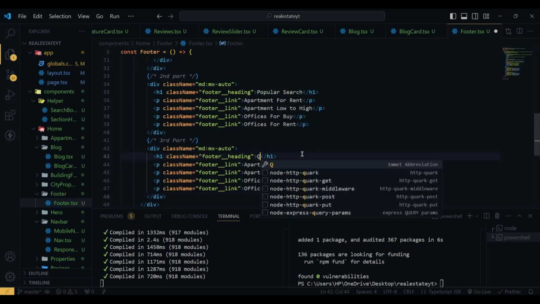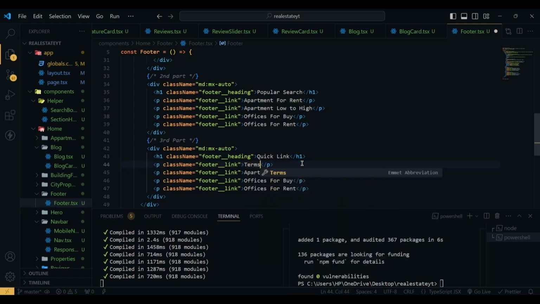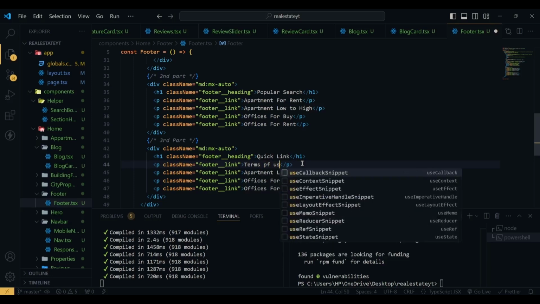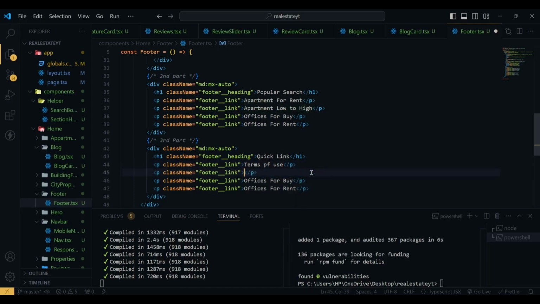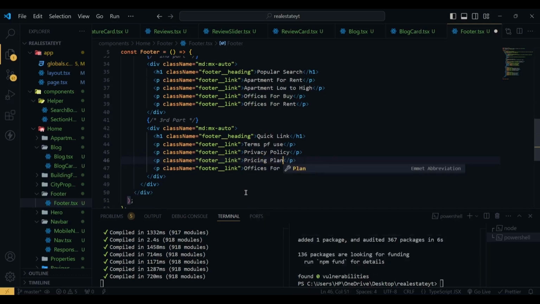The heading will be quick link, and then we have terms of use, then we have privacy policy, then we have pricing plans, and then we have our services,